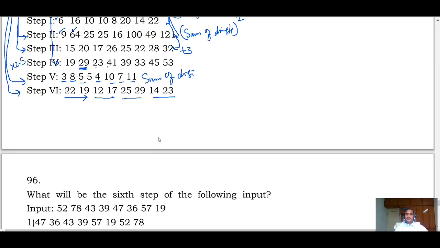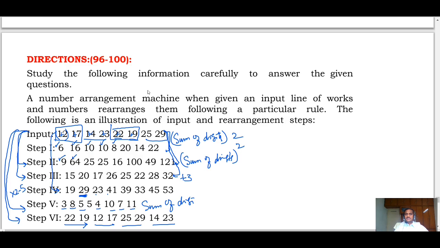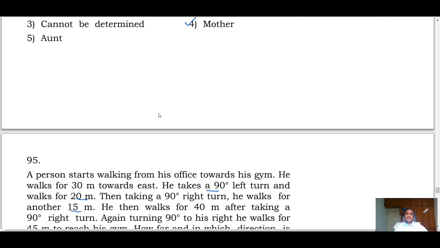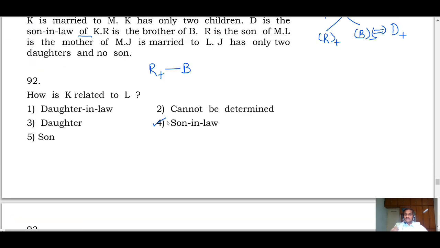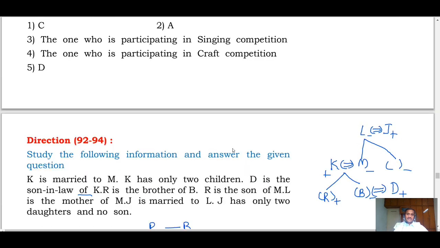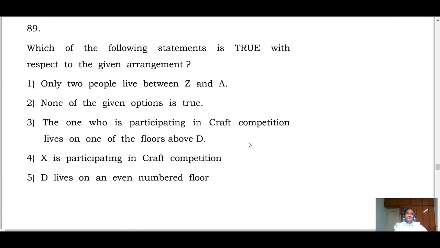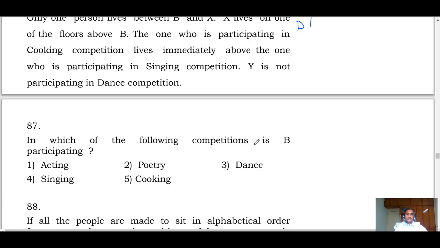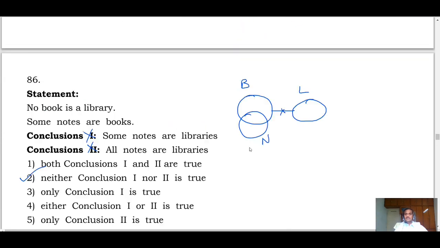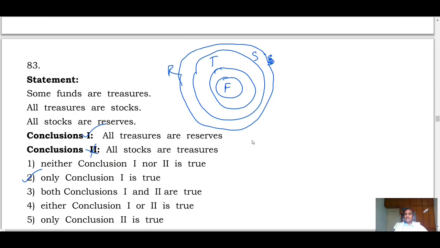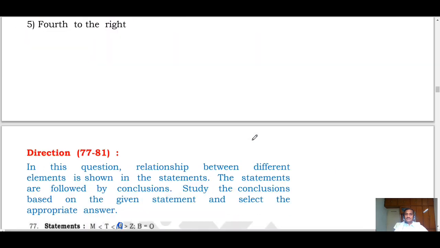Now this is about paper number 808. Except for this 96 to 100, the remaining 30 questions are a cakewalk to you, and you can definitely score at least 30 in this one. And those who could crack that input and output could score 5 more. But the minimum score in this paper must be 30. Hope you people have followed.